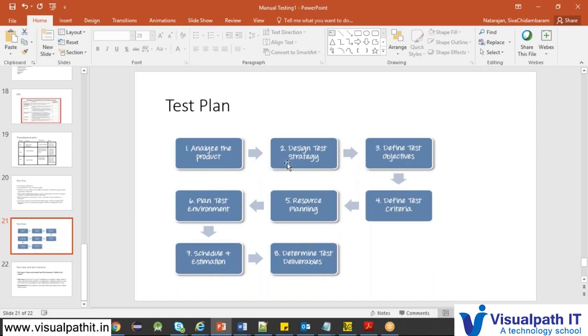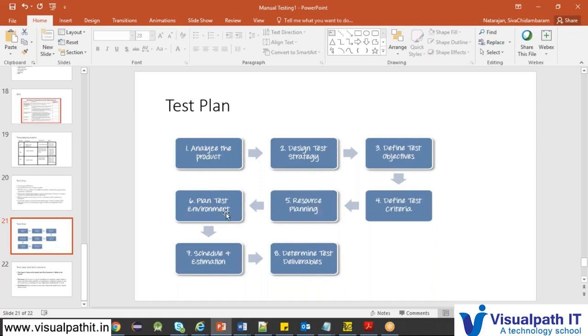So you can analyze the product, design the test strategy, define the objectives, define the test criteria. What criteria will be involved for testing? Then you can plan for the resources. Once the test plan is ready, you can plan how many resources may be needed for testing and for how much period. Then plan the test environment.